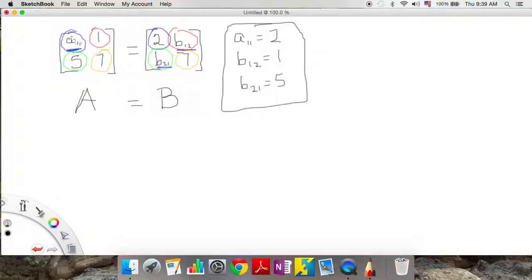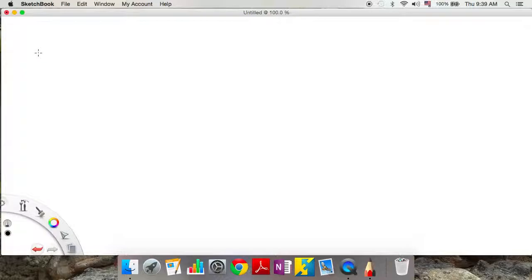So if you're asked what these entries have to be so these matrices can be equal, this is what we're asking for, a list of each entry and what it has to be so that we can have them equal. Now, you can add and subtract matrices,